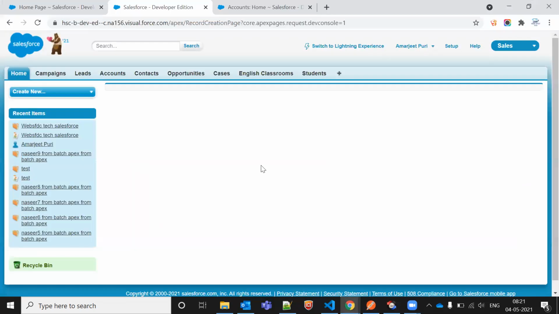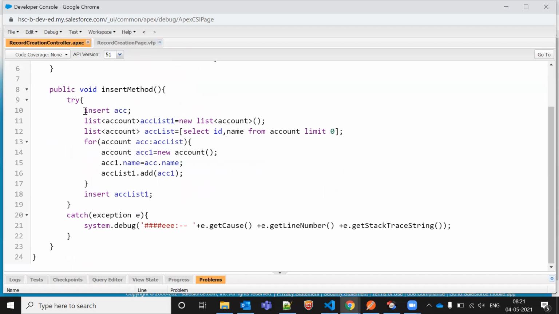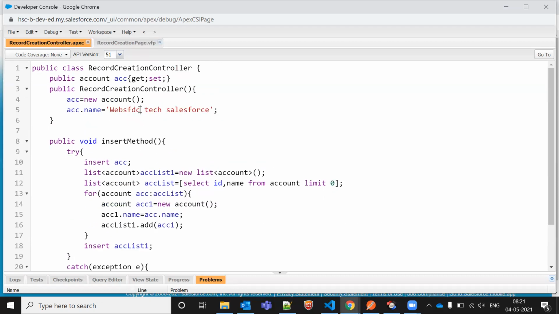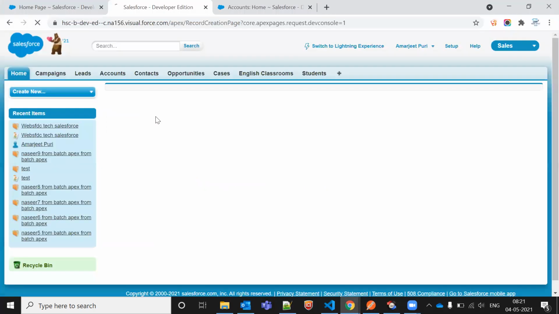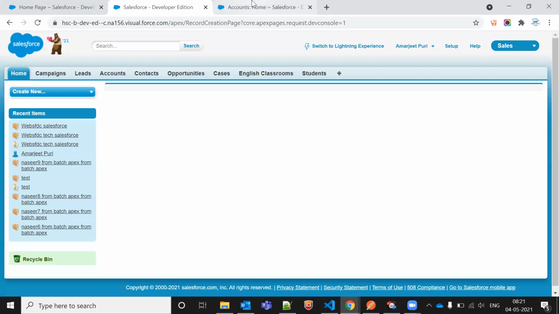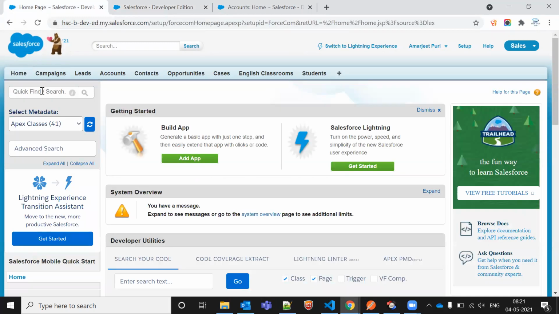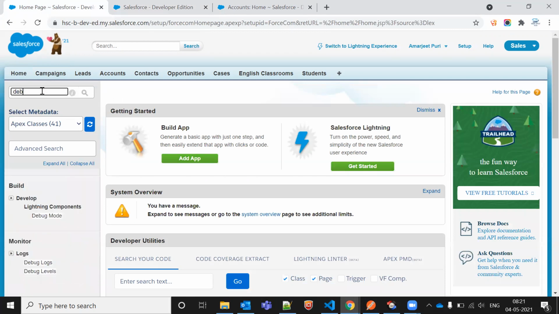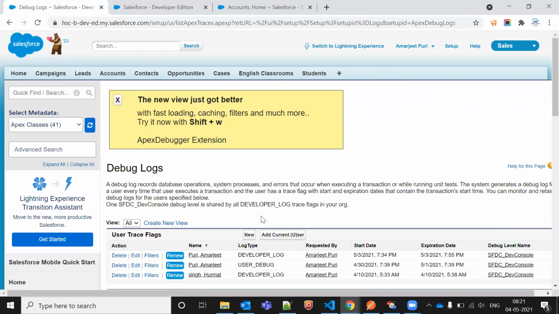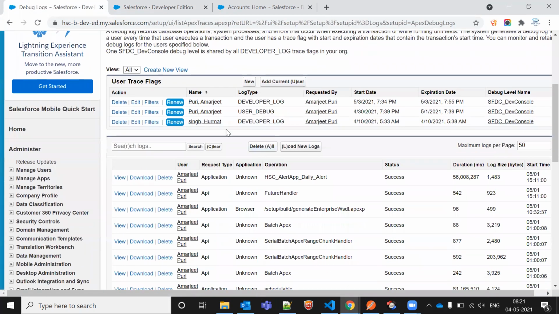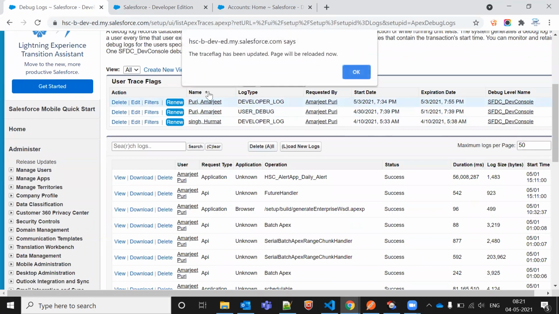So now I'll insert. Let me pass the value of SBC Salesforce. Hopefully this record should not already be in the database. Okay, so now we will check the debug log. Let me click on the renew button.